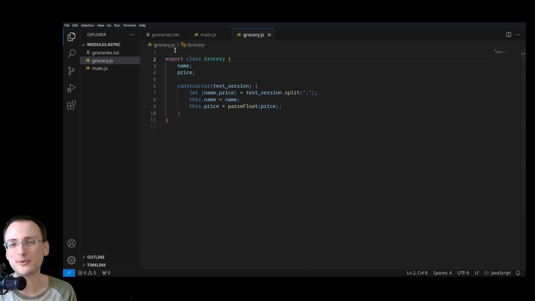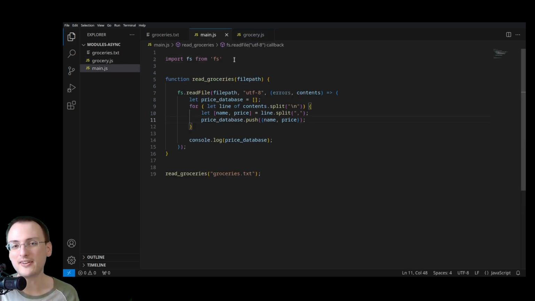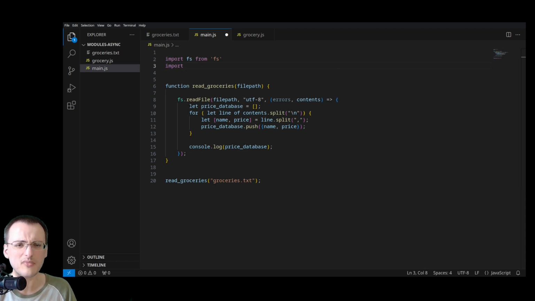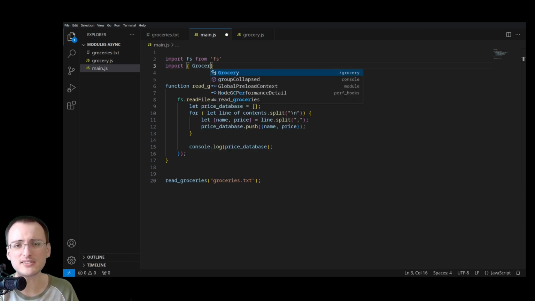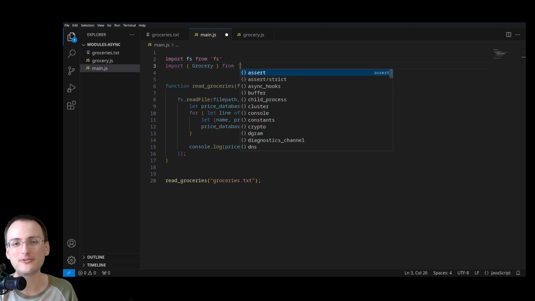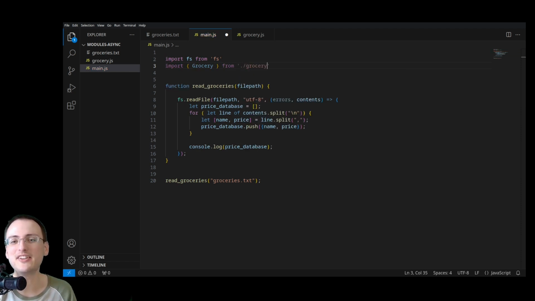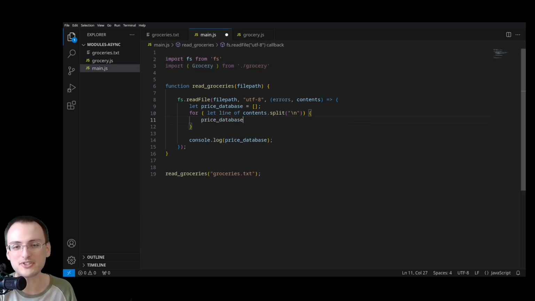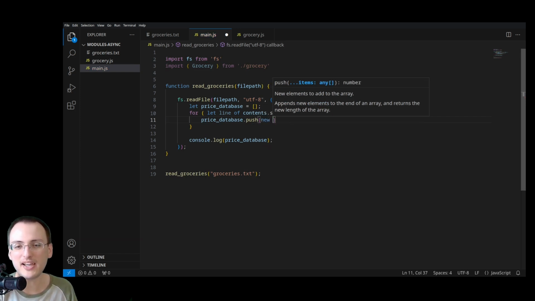You can put export in front of any variable, in front of any function, in front of any class, and then in my other file, I can import whatever that thing is, in our case, grocery, from ./ and then the file name. So in my case, ./grocery, because I've got this grocery.js. This lets me import this thing, and now I can replace those 2 lines with just a price database, push me a new